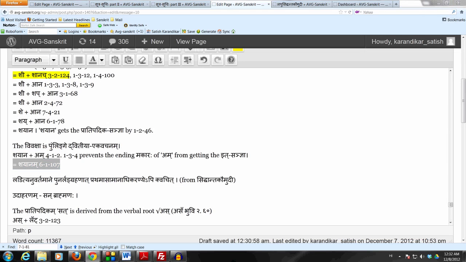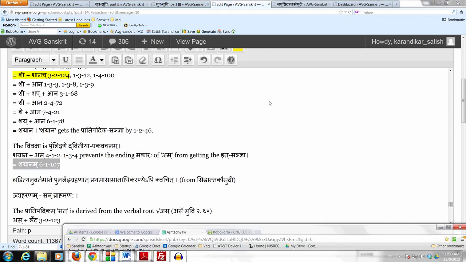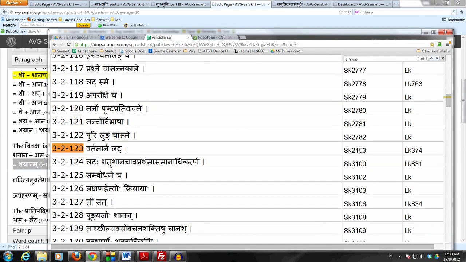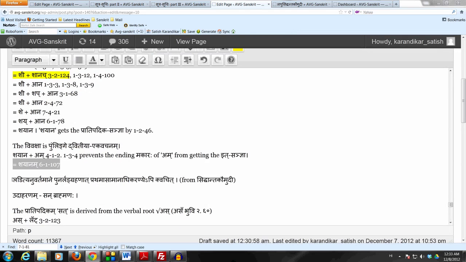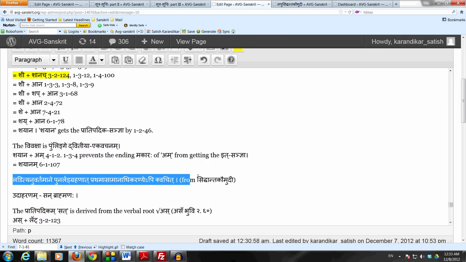Now what's the point in saying lataha again? Because we could have used the anuvritti of lat from the prior sutram. So that indicates that Panini is signaling something more by this sutram 32124. And the Siddhanta Kaumudi says ladityanuvartamane punar lad grahanat prathama samanadhikaranyepi kvachit, which means that the fact that Panini has repeated lat in this sutram 32124 by saying lataha instead